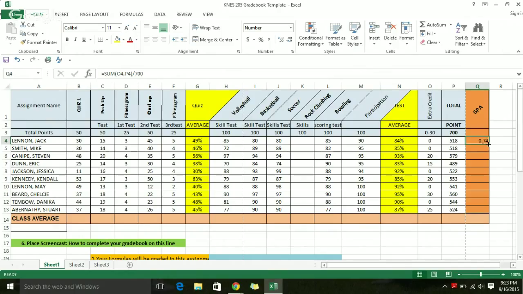Once we have that formula entered, any formula you enter into one of these cells will appear as a number, but you can go back and see what formula is entered into the cell giving you that number. So this formula is giving us that number. We're going to drag down through here and apply those same formulas throughout the rest of this column. And it's going to give us our GPA for all of our grades. So now down here, the class average